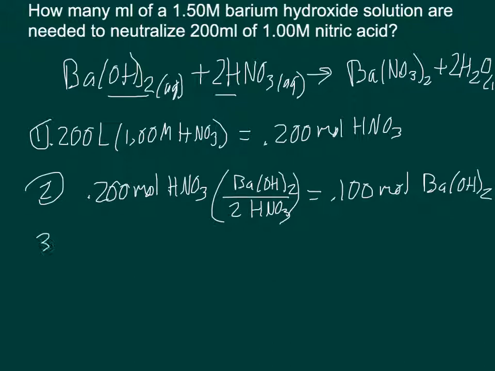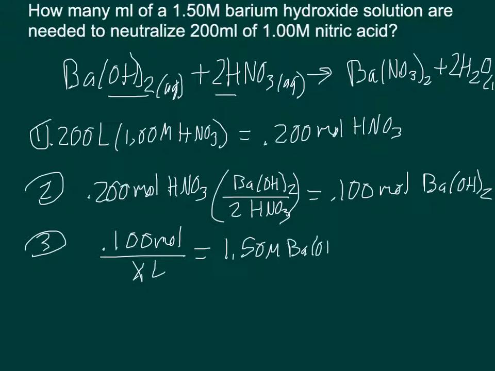Now at this point, the third step is just go to whatever the final answer is. So we're at moles of barium hydroxide, and I need to go to liters. Well, if you set up the molarity, you know that it's moles per liter, so 0.100 moles over x liters is going to be equal to the 1.50 molar barium hydroxide. Simply, you can multiply x over to the other side, divide 0.1 by 1.5, and what you're going to get is that x is equal to 0.0666, repeating,